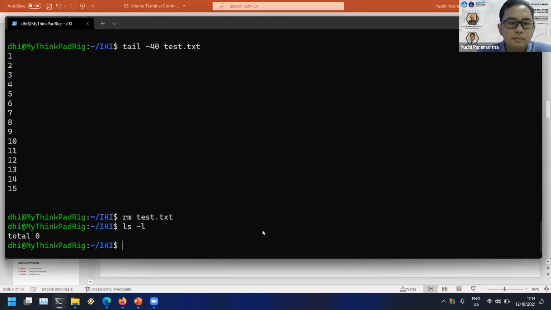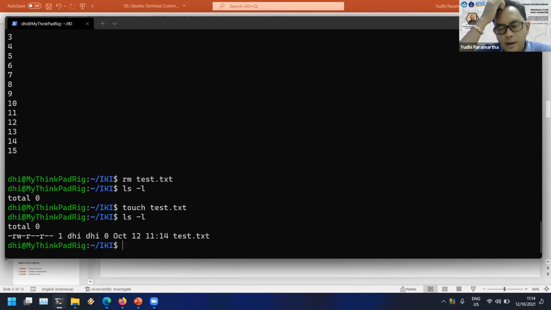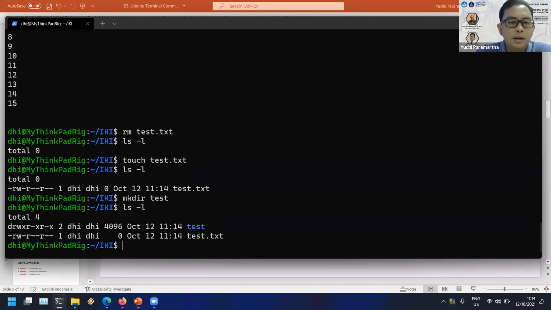Okay, I'm creating files. So we have one file in here. Okay, and then I'm creating a directory. For example, the directory called test, and in this directory there will be 2 files, the test file and the test directory. Okay, maybe and then when you want to copy the test.txt to the test directory, you could use the